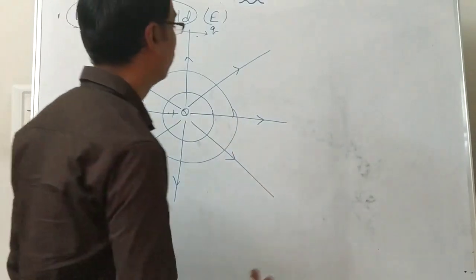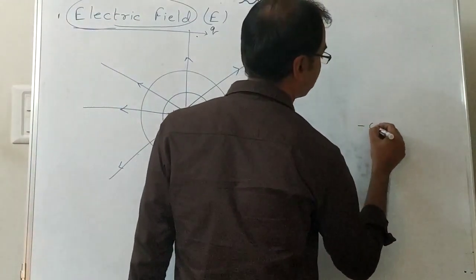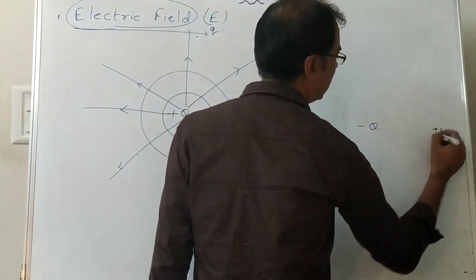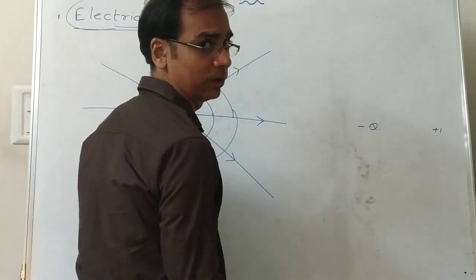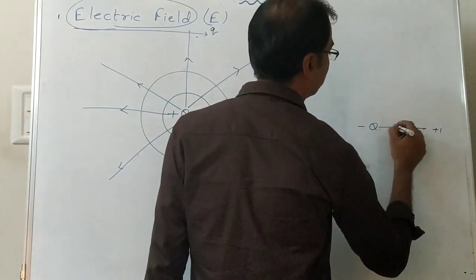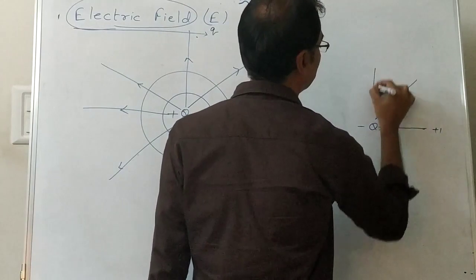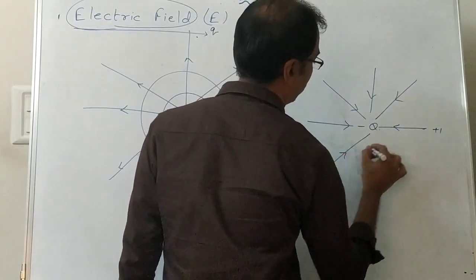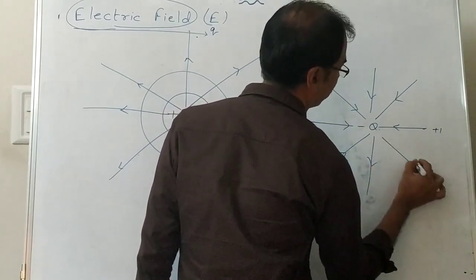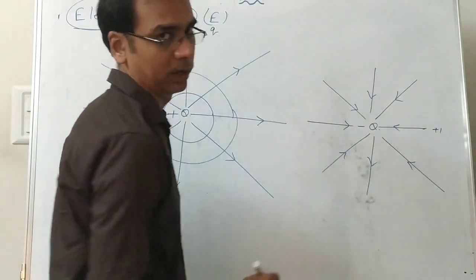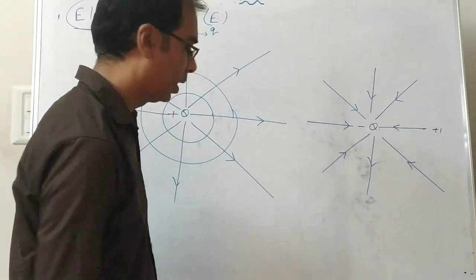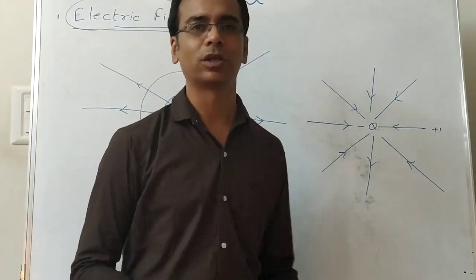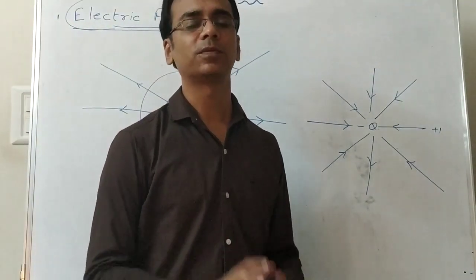Spherically. In the same way, suppose we have a negative charge, then how to find the field? Again, put plus 1 over here. See in which direction this Q is applying force? Inside. So it will be like this. For minus Q, the field will be towards it, whereas for a positive charge, the field is always away from it. Here also what wavefront? Spherical only. So remember that.